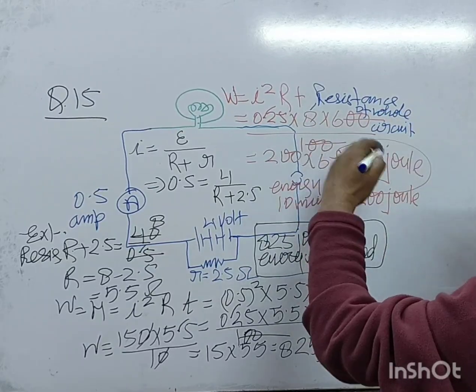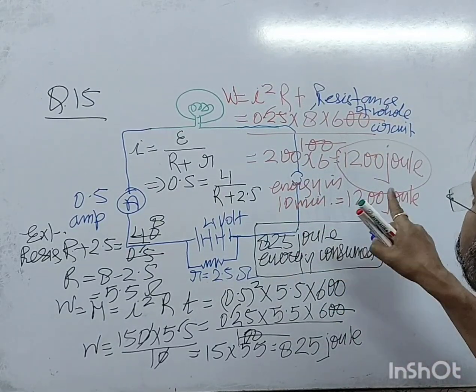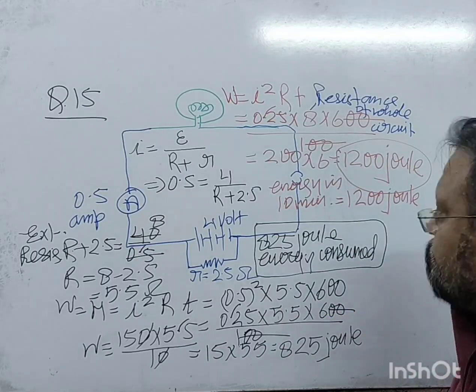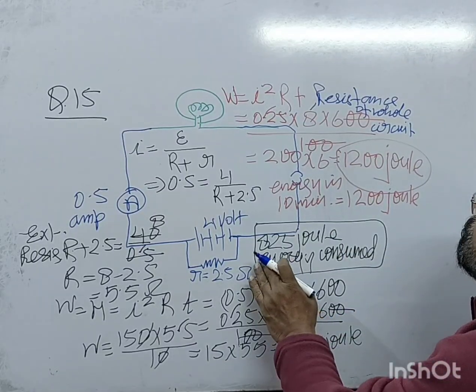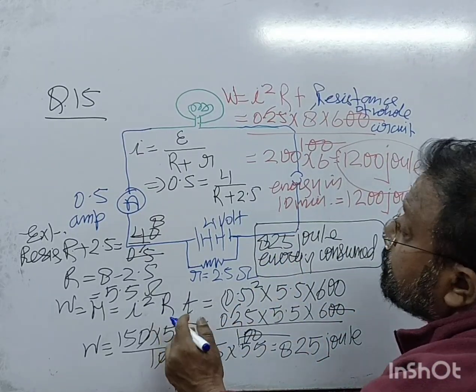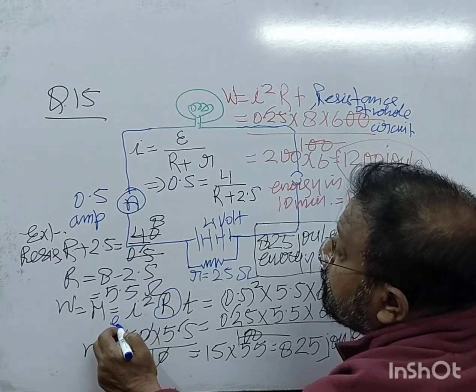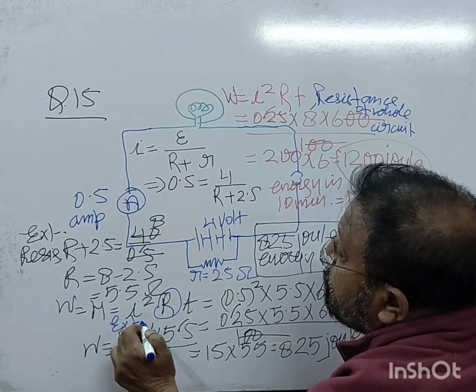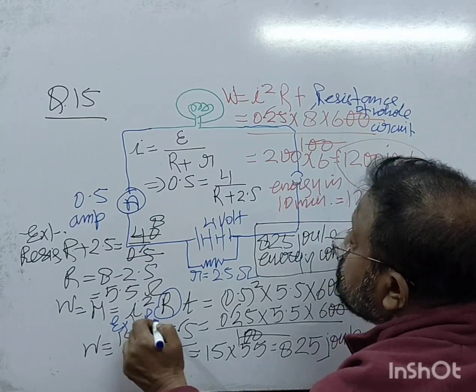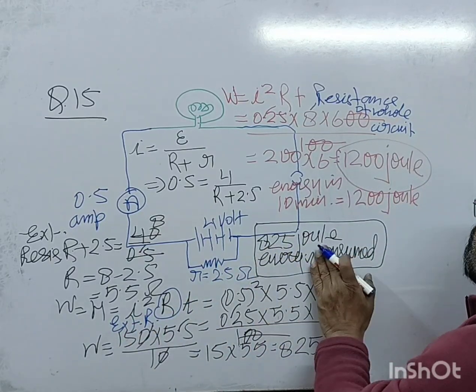So that's why total energy is 12 joule in 10 minutes, right? Joule. And this is total energy. This is external resistance, this is external resistance only. So energy dissipated